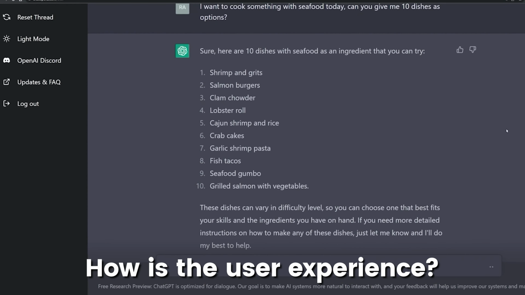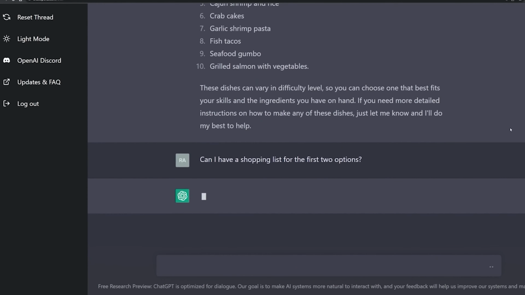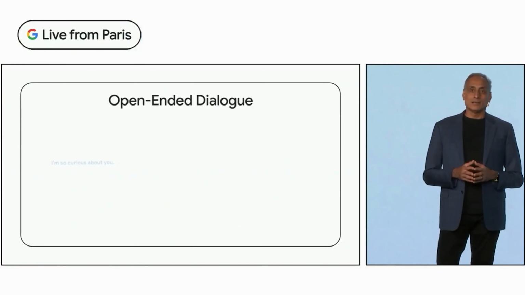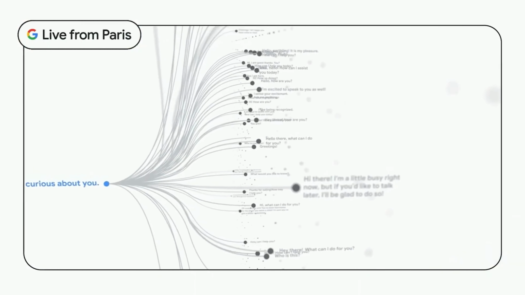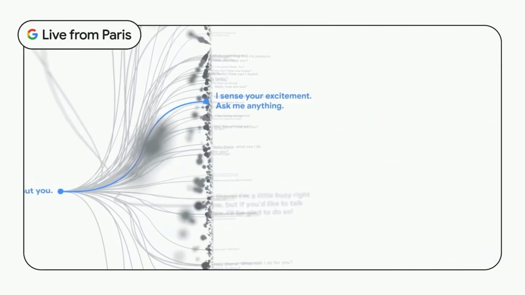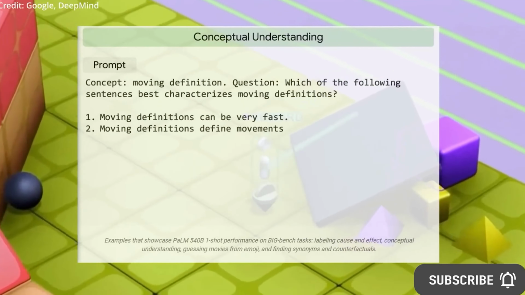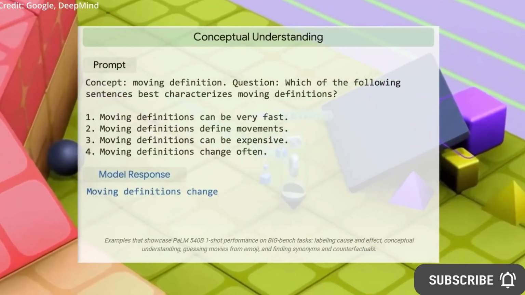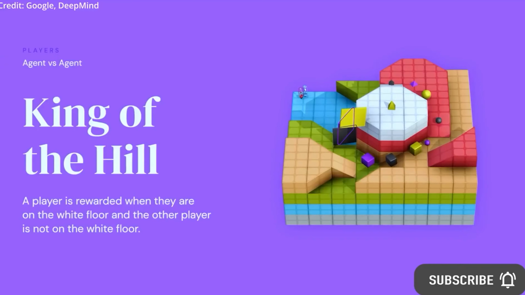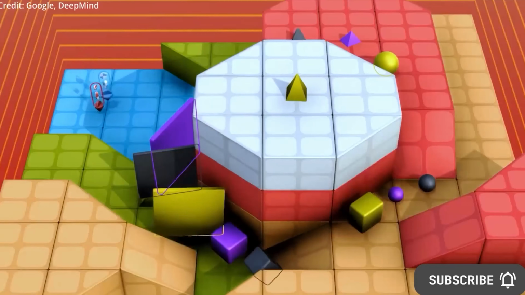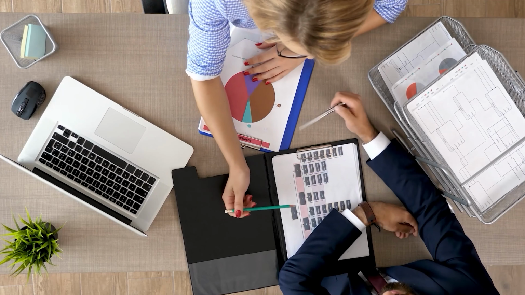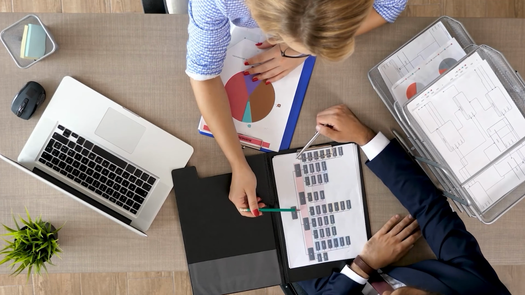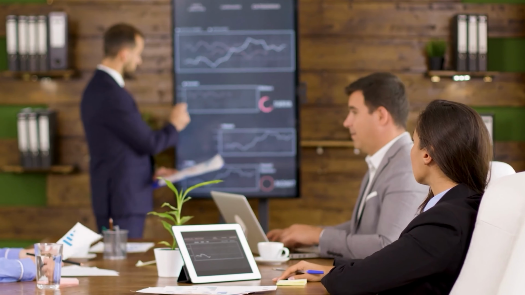How is the user experience? When it comes to user-friendliness, Bard has a clear advantage over ChatGPT. The interface is sleeker and easier to read, with formatted text that's much more scannable. Additionally, Bard allows users to edit their questions after asking them and view multiple responses, which is a nice touch. What's even better is that each response has a call to action that encourages users to fact-check the information by searching on Google. This could be particularly helpful when dealing with complex or controversial topics that have multiple perspectives.